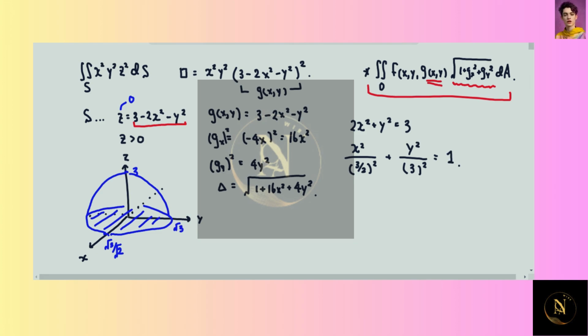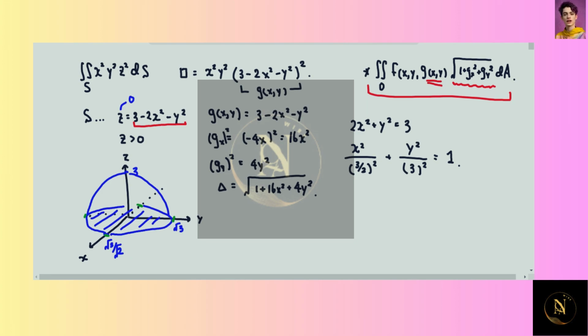So if you want to review how that works, try to go back to stuff regarding ellipses and how to find the center, the major axis, minor axis, etc. Anyhow, from here we know that y changes from negative square root of 3 to square root of 3, and x changes from negative root 3 over root 2 to root 3 over root 2, but this is a double integral, so the path that I took was